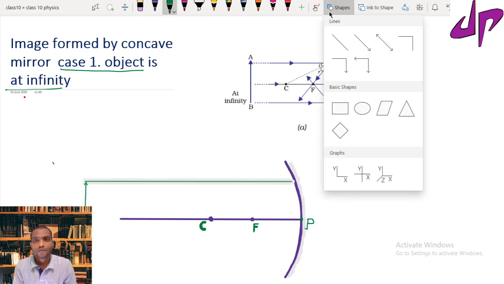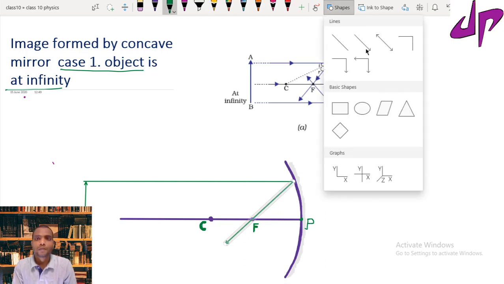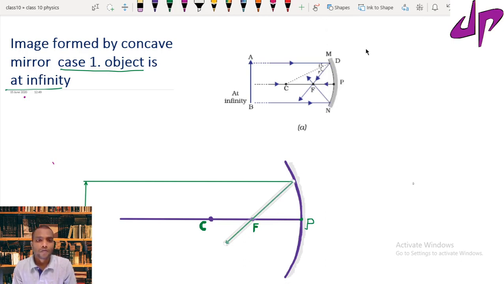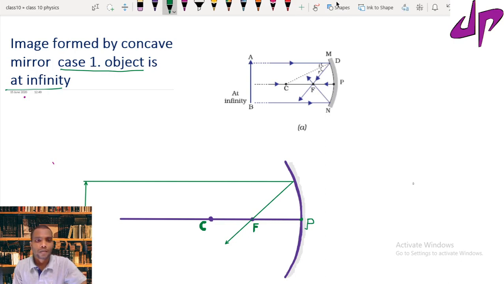We can use the first rule. According to the first rule, a light ray which is parallel to the principal axis, after reflection, will pass through the focus. So this is the first rule I am using. Similarly, from the downside also you can use the same rule. From the downside you can apply the same rule. If a ray is parallel to the principal axis,